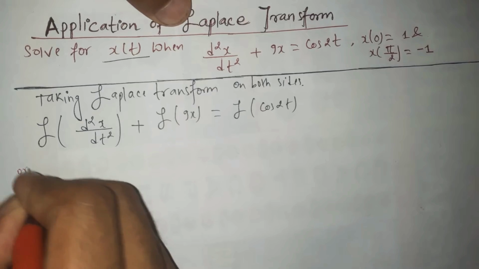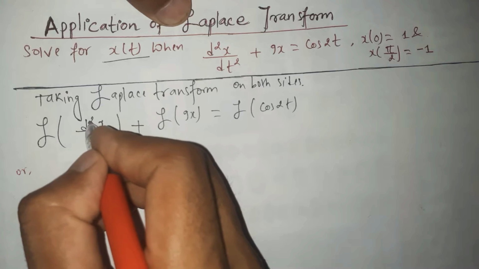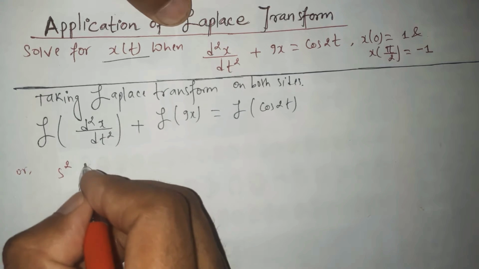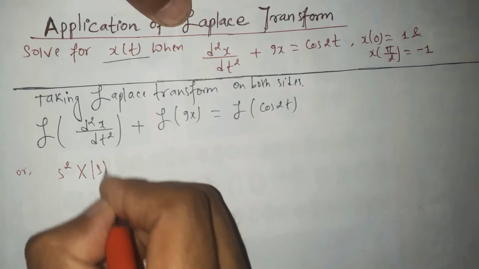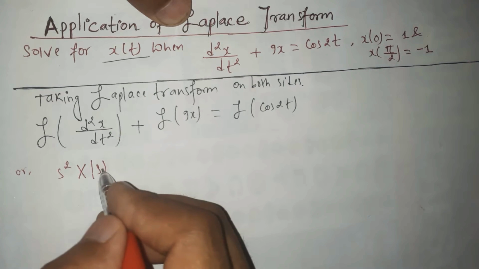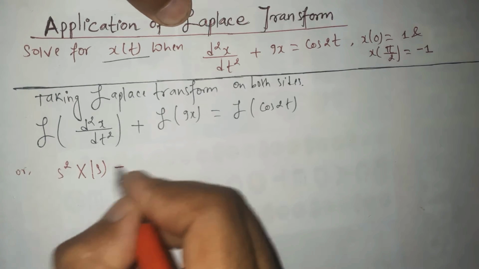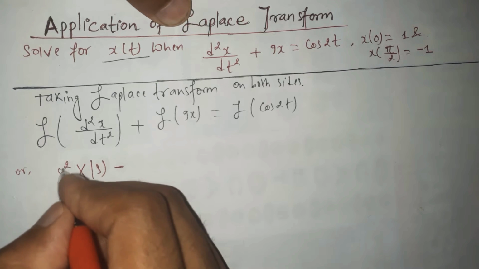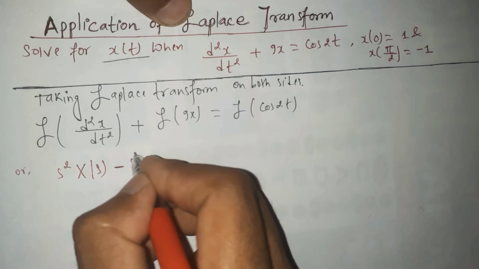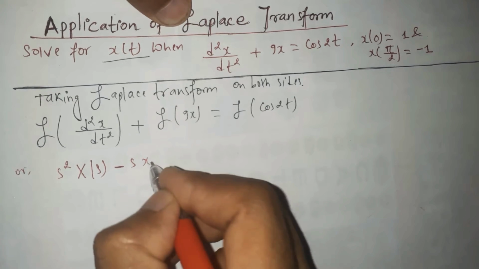Okay, and the Laplace transformation of this second order derivative: the order is 2, so we have to take s square, and since small x is used, we take capital X of s. The Laplace transformation of small x is capital X of s, where s is the frequency domain variable. Then we give the minus sign, and we have to reduce the power of s by 1. Here the power of s is 2, so 2 minus 1 gives s to the power 1, times small x